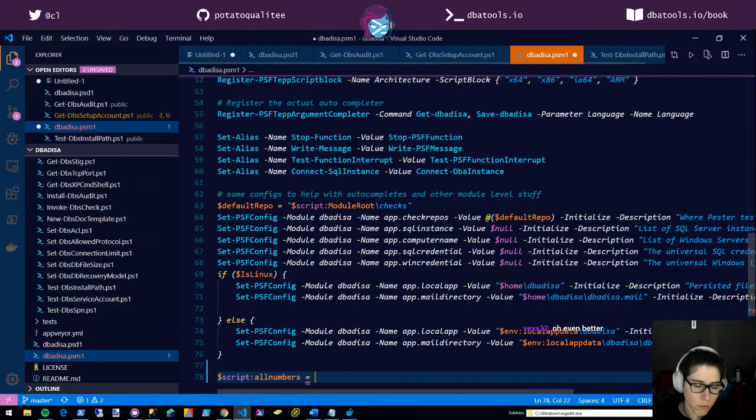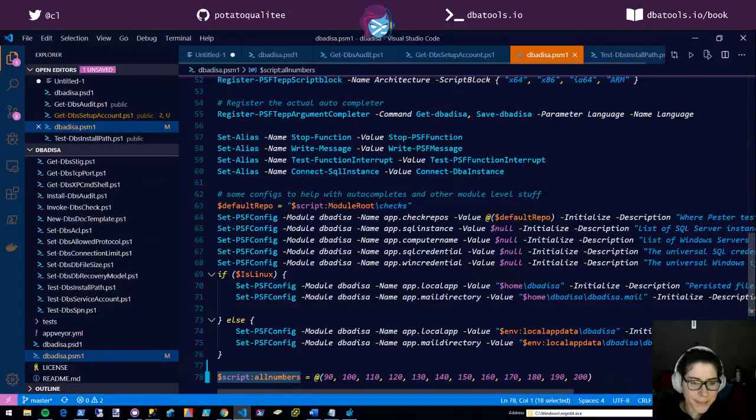I'm just going to do 90, 100, 110, 120, wrong keystroke, 130, 140, 150, 160, 170. And I'm going to do this so that this module lasts for 10 years. 190, 200. I'll just go through there. I'll do that right. All right. I could, but I'm just going to do this.